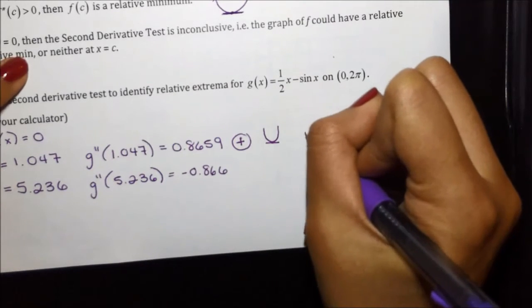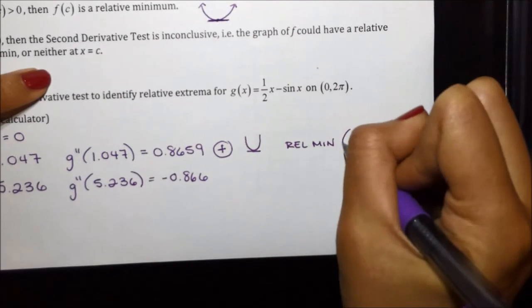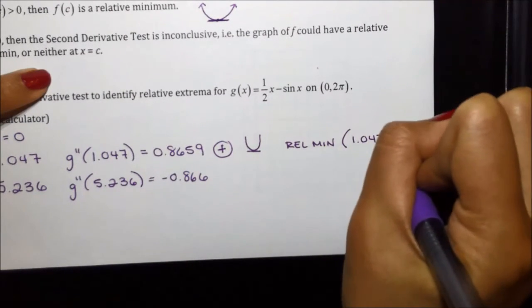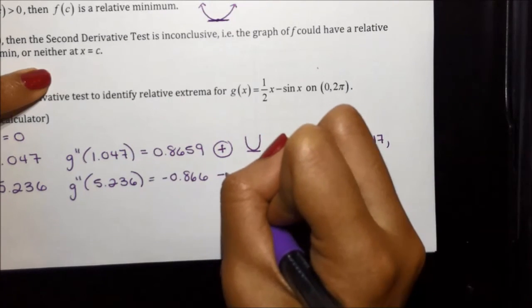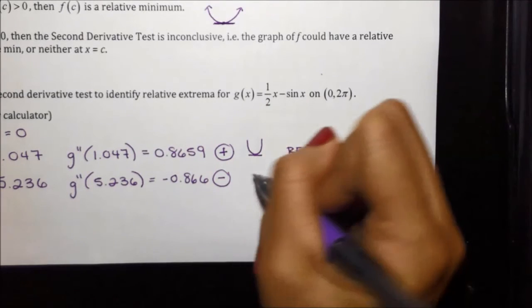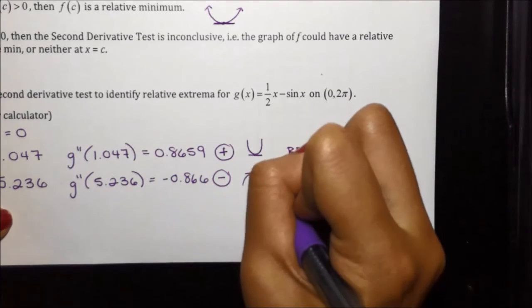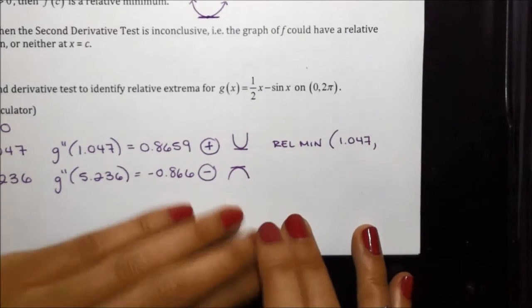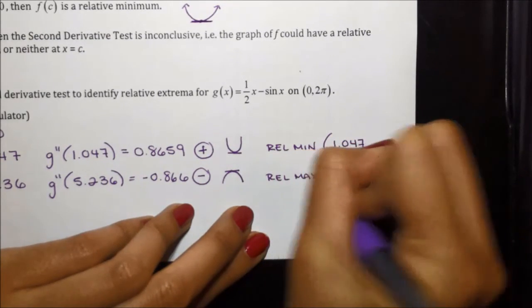That means that this is going to be a relative min at 1.047. And then for this one, the second derivative is negative, and the first derivative equals 0 because that's what I solved for. So we have a concave down graph with a horizontal tangent line. So I'm going to have a relative max at